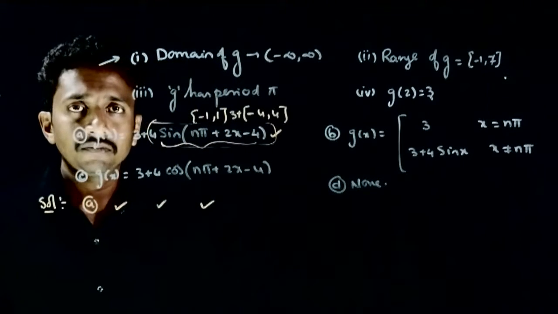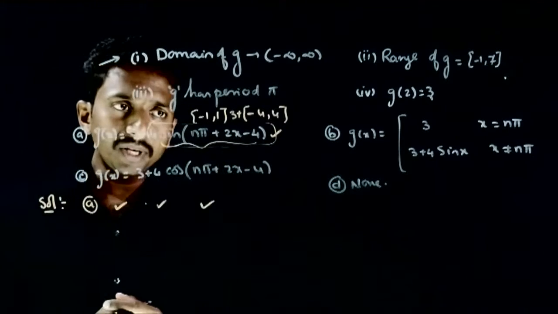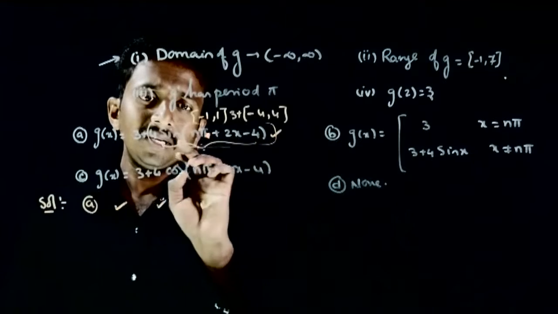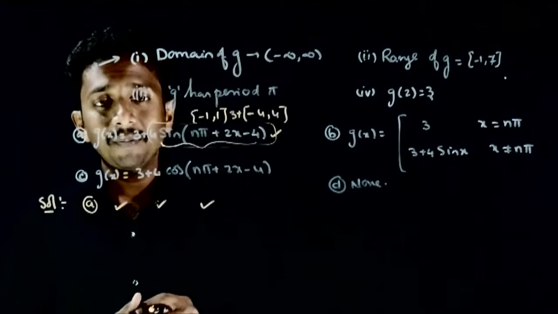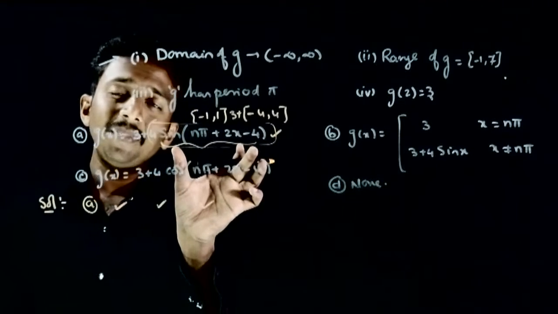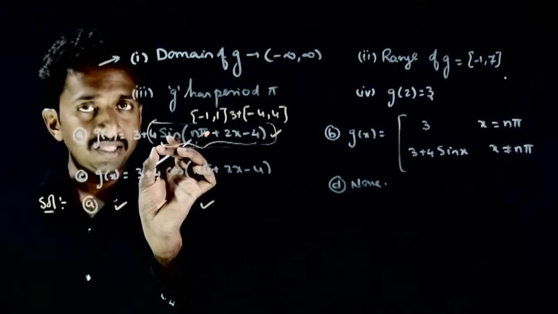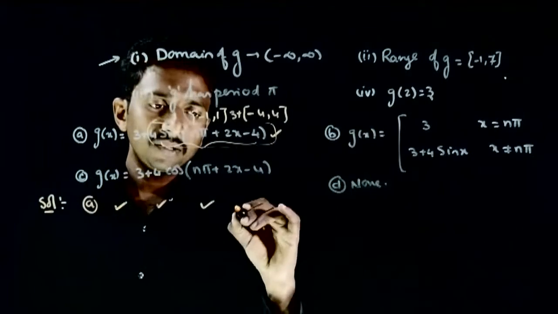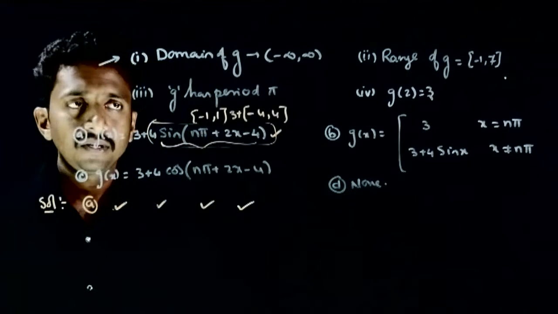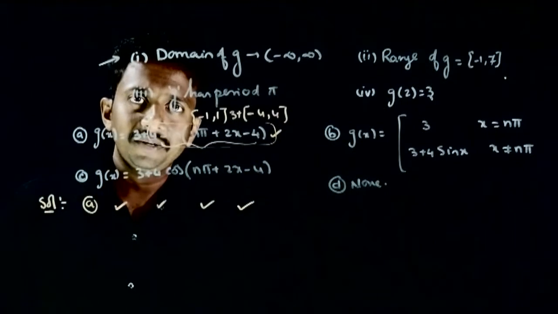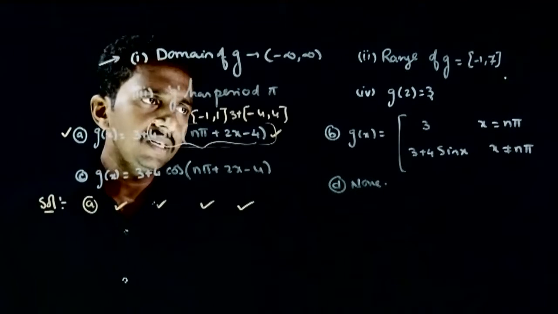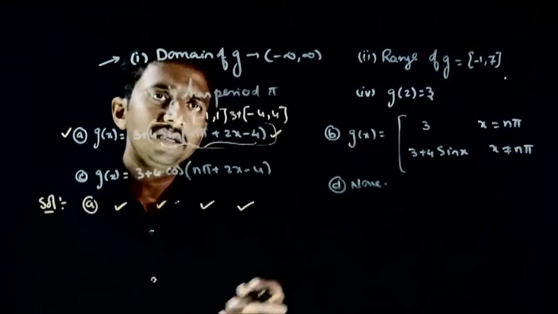Fourth condition is g of 2 is equal to 3। So इसमें x equal to 2 पुट करिए। So 2x is 4, 4 minus 4 is 0, sin nπ पे sin 0 हो जाएगा। So this complete thing is 0 into 4 is 0 plus 3 is 3। So g of 2 is 3। So the first function, all the 4 conditions are satisfied। Okay, so the first one is a valid answer। So let us go to the next one।